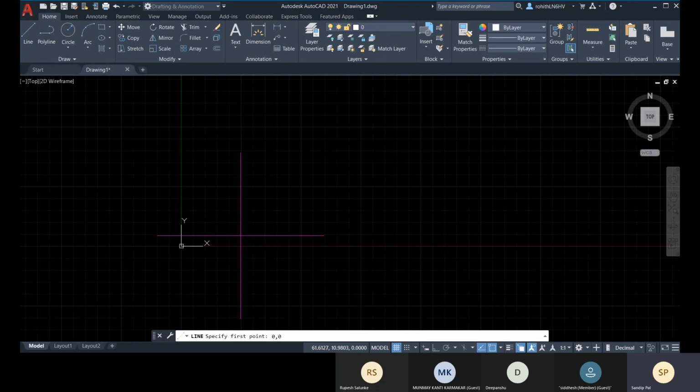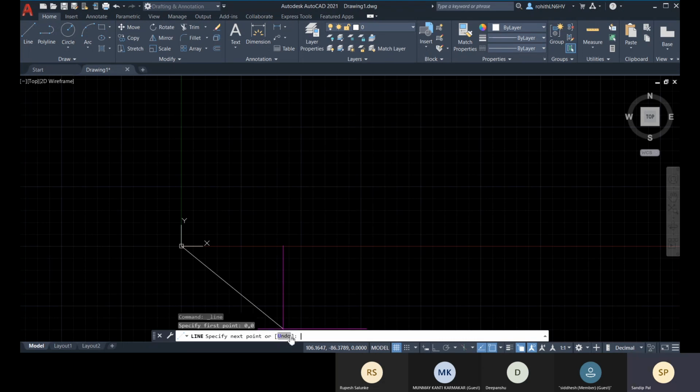Your first point will always be absolute because you don't have any other point. Within this WCS, within this model space, you have your origin, and from the origin you can calculate all the points. So the first point will always be absolute Cartesian.